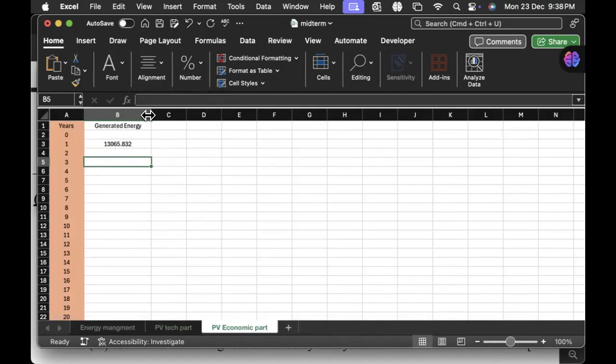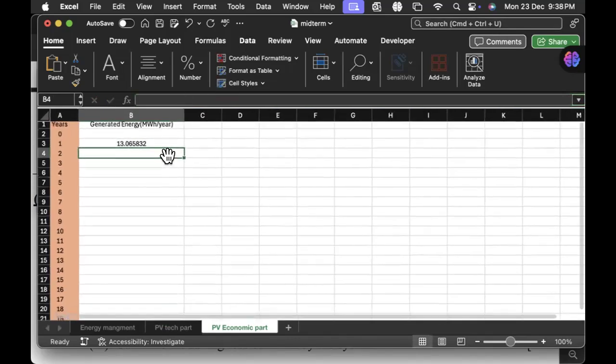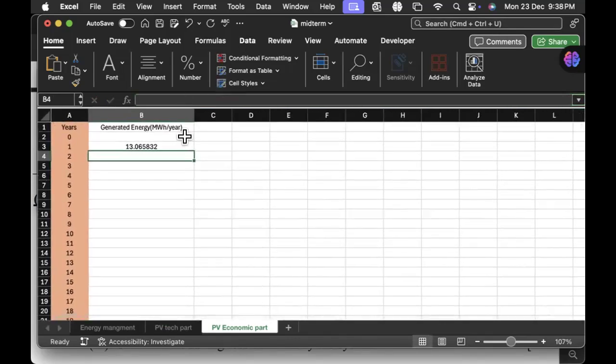year. And here it's better, in order to make life easier, to turn it to megawatt hour per year. So in order to make it megawatt hour per year, I'm still missing to divide by 1000 here. So that means that you are going to generate about 11, or not 11, I'm sorry, 13 megawatt hour per year. This is the expected energy to be generated per year. Here we have to consider a factor that by generating this 13 megawatt hour per year,